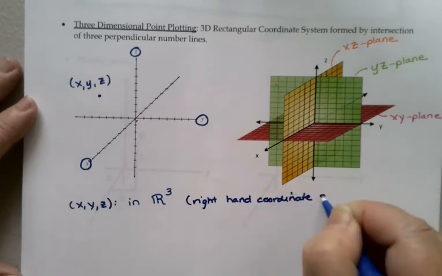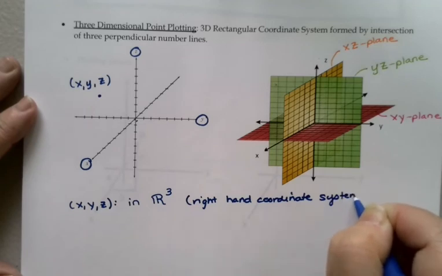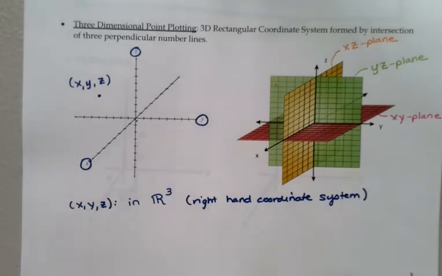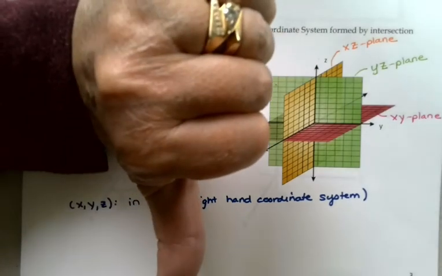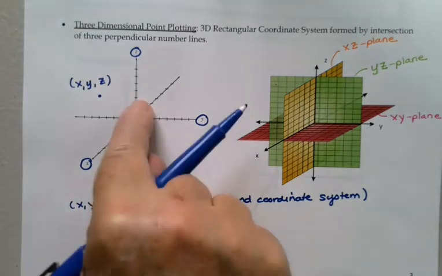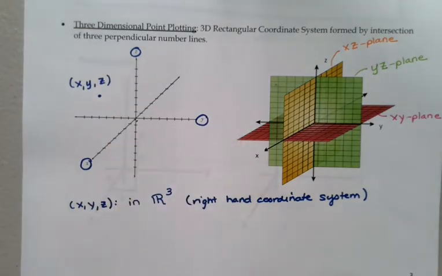Left-hand coordinate systems do exist. If this were a left-hand coordinate system, I would have done that same thing with my left hand, and my thumb would have ended up pointing down. And so the positive z-axis would have been pointing down in a left-hand coordinate system. As I said, in here we will be limiting ourselves to right-hand coordinate systems, but I just wanted to mention